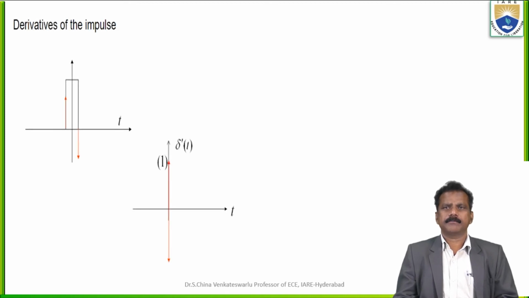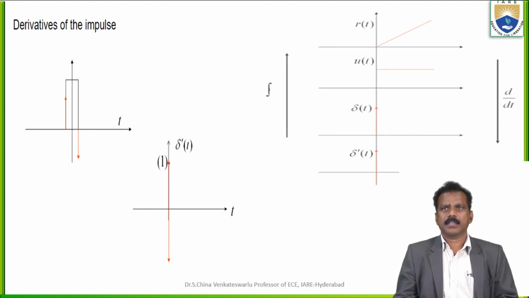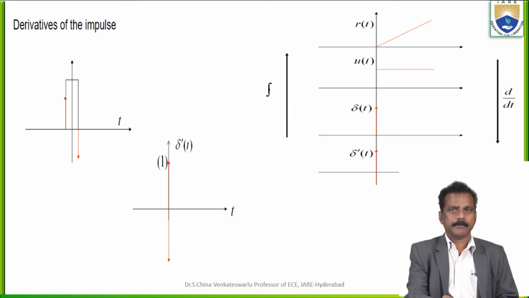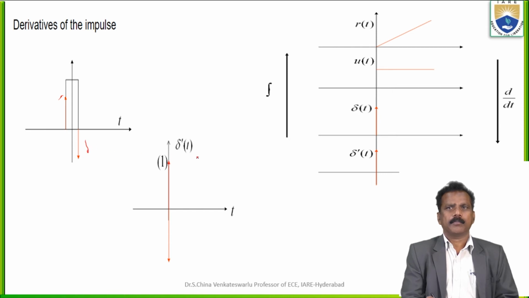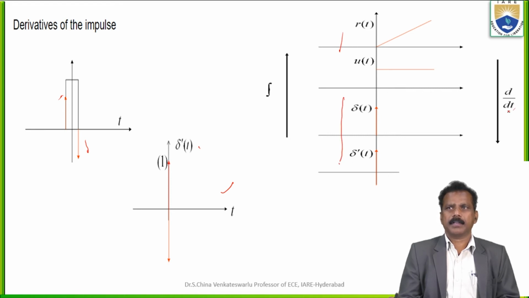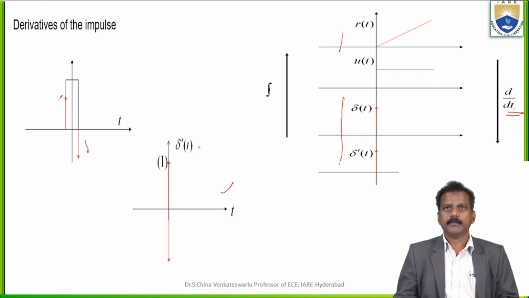Derivative of the impulse. We can specify the derivatives of the impulse function. Here it is mentioned as delta dash of t. If it is the derivative of the impulse, it is specified with r of t and u of t, and delta of t and delta dash of t, if you are using d by dt, the derivative of the impulse